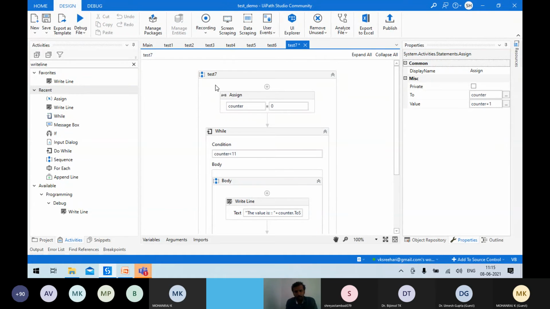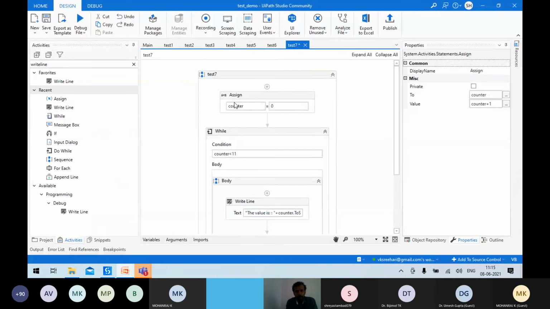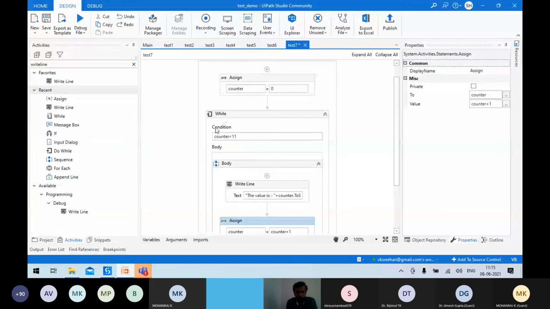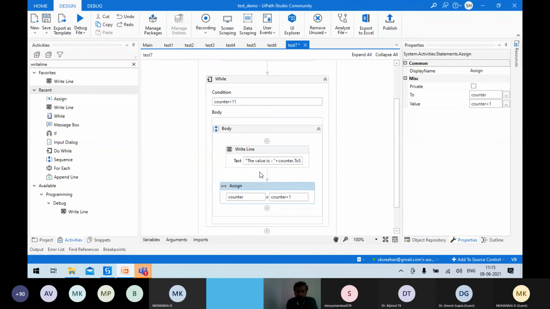Once again, what we are supposed to do is print the numbers from 1 to 10. So we are using a while loop. In that, we are initializing a counter, taking the while loop, and setting the condition. If this condition is true, you have to execute all these things, and we have to update the counter.